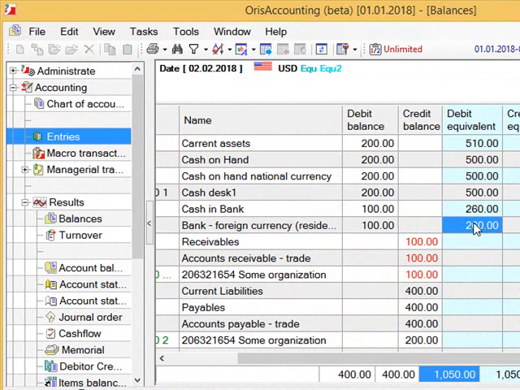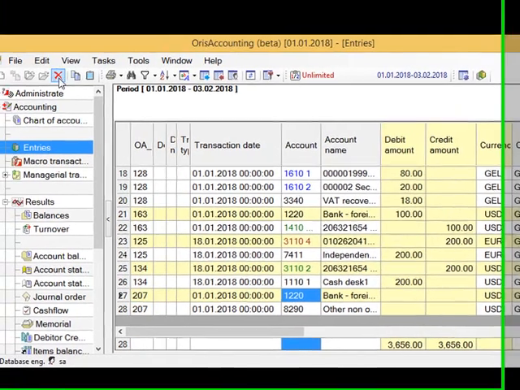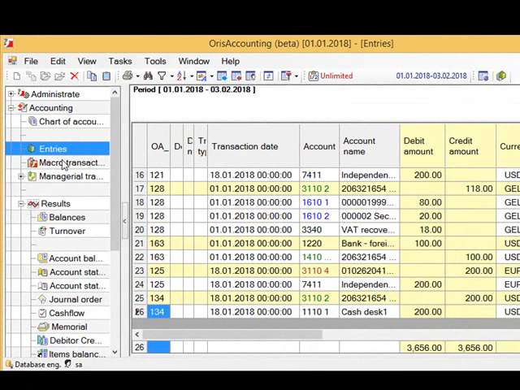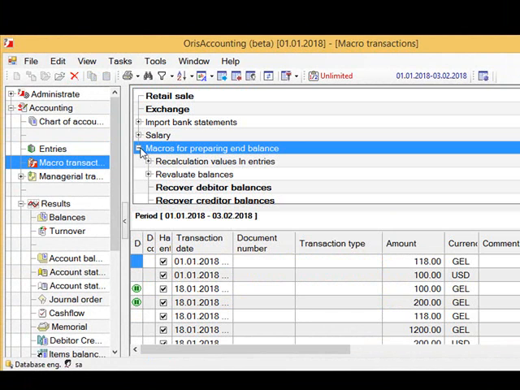And if you move to the menu balances and refresh this screen, you will get $100 equivalent value, 260 lari. As you see, it's not a simple process. You should know account to appreciate or depreciate by what amount and so on. In order to simplify the process, there are many macro transactions in the system. In order to look at how the system will cope with the task, let's delete transaction of exchange rate differences which has been set up recently, and access the menu, macro transactions, macros for preparing the balance,